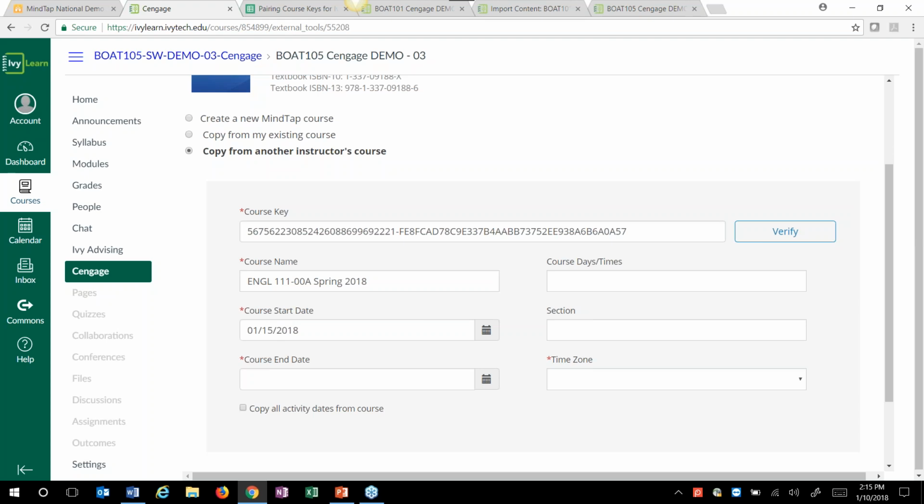All right? Can you, I'm sorry, can you reiterate where instructors will get that course key? We have a question in the chat box about where they're getting the course key. Sure. So